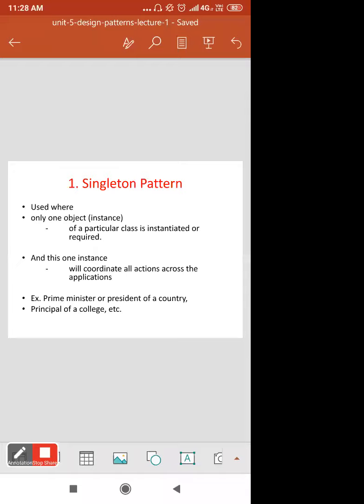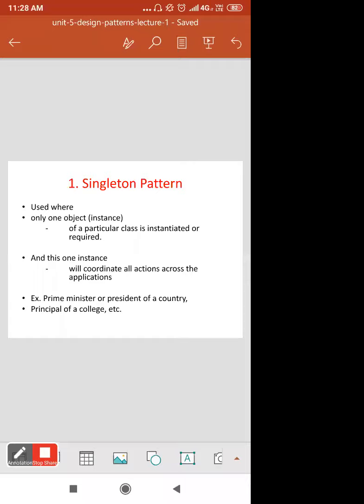This pattern belongs to the creational type, and it is used when we need to ensure that only one object of a particular class needs to be created. Listen carefully: only one object of a particular class needs to be created.